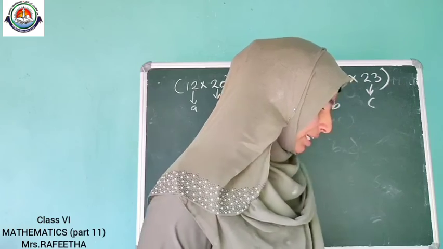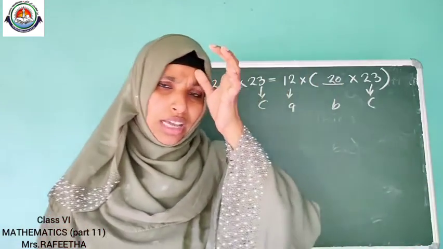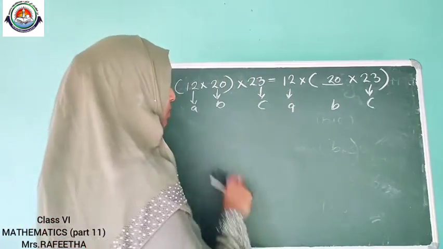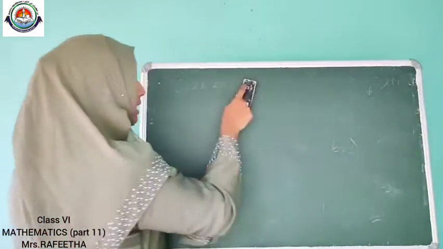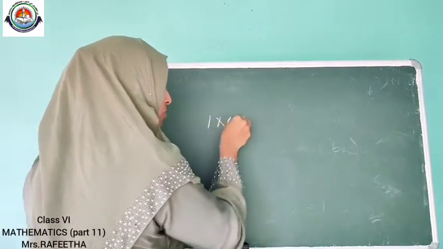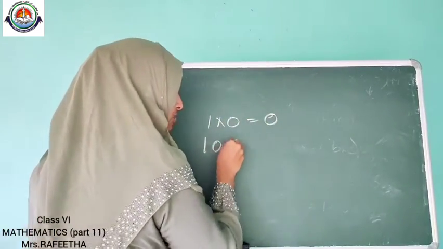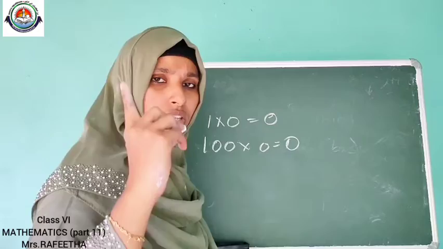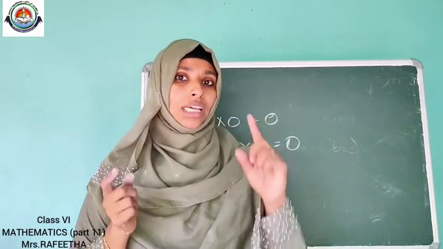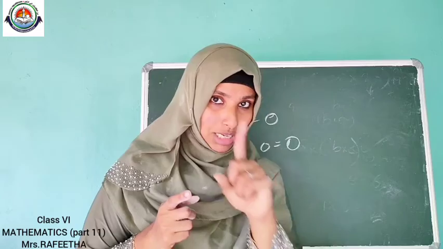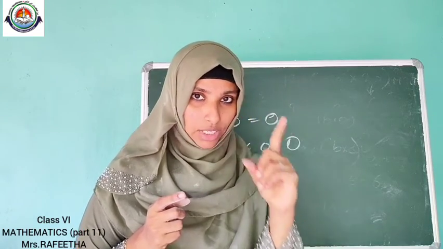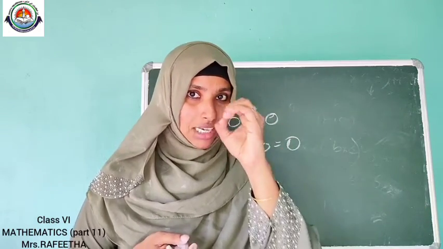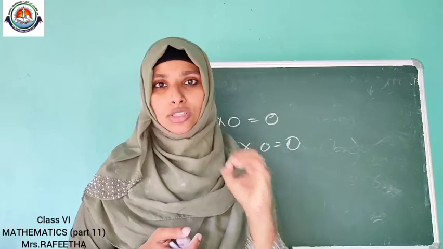Okay. After multiplicative identity, the multiplication property of 0. We know whichever number we multiply with 0, what will be the answer? 0. If 1 is multiplied with 0, the answer will be 0. If 100 is multiplied with 0, what will be the answer? 0. If 1 lakh is multiplied with 0, what will be the answer? 0. In the case of multiplicative identity, that is 1, multiplying it with another number, the answer is the same number. If instead 0 is multiplied with that number, the answer will be 0 only.